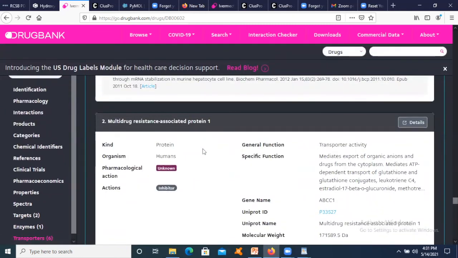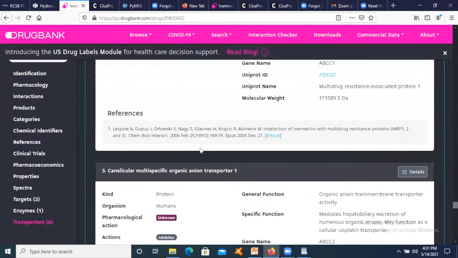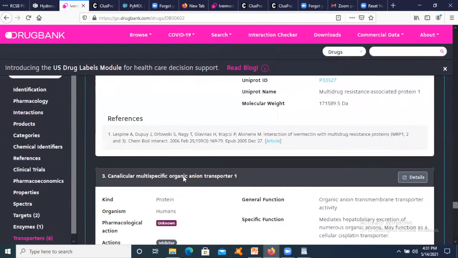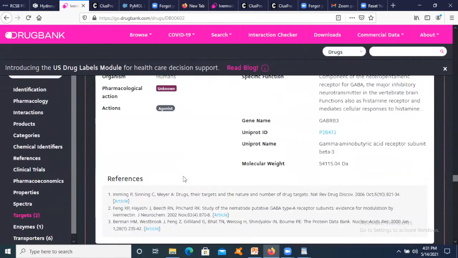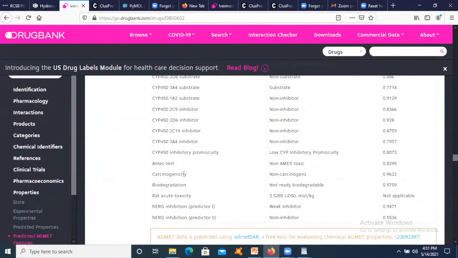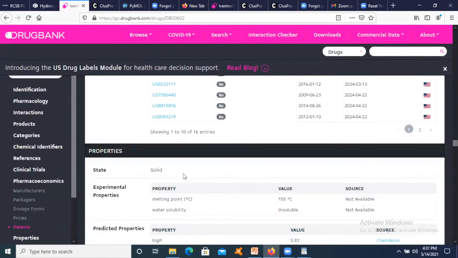Suppose you have a target protein at hand and you want to see whether any study has been conducted till date on those target proteins and the ligand interaction. You can get that information from DrugBank. This is a very useful database to get more biological information compared to PubChem.